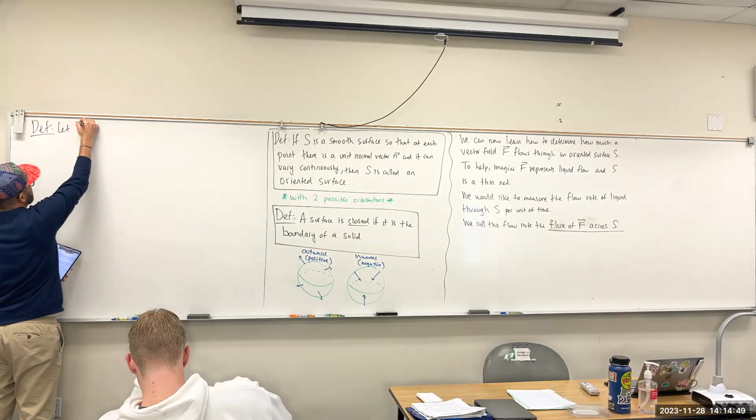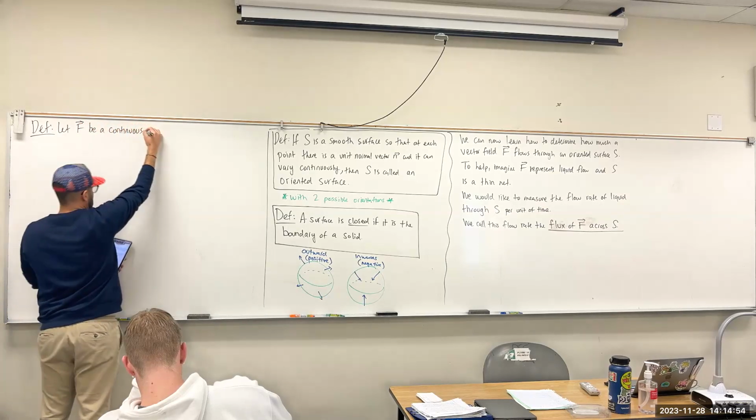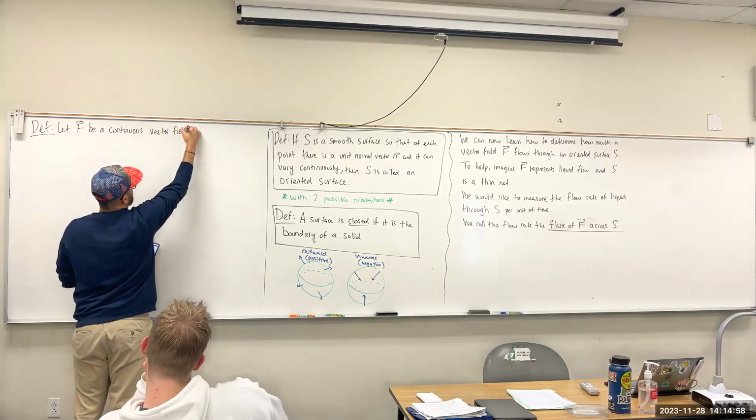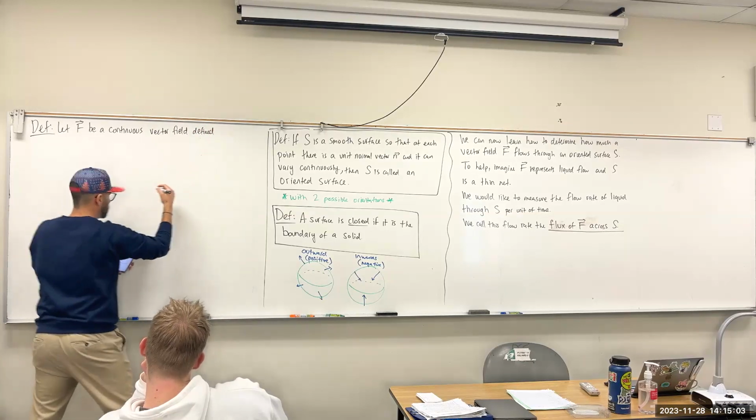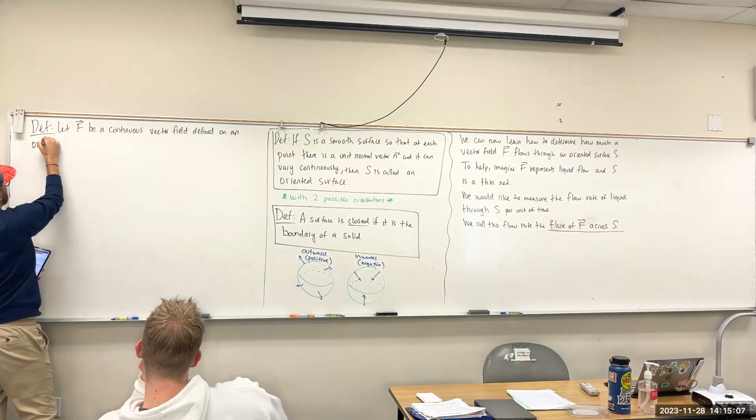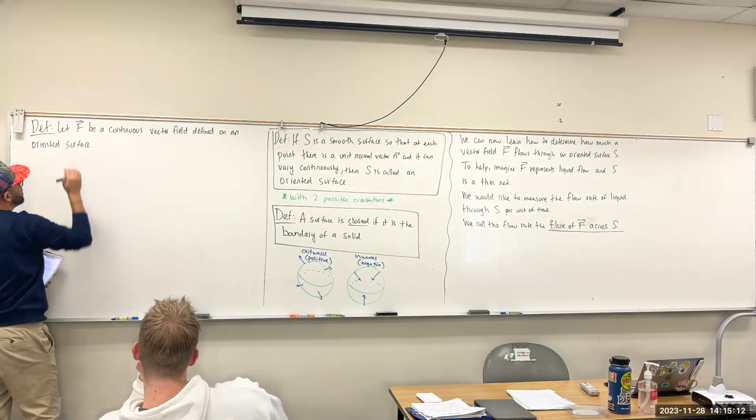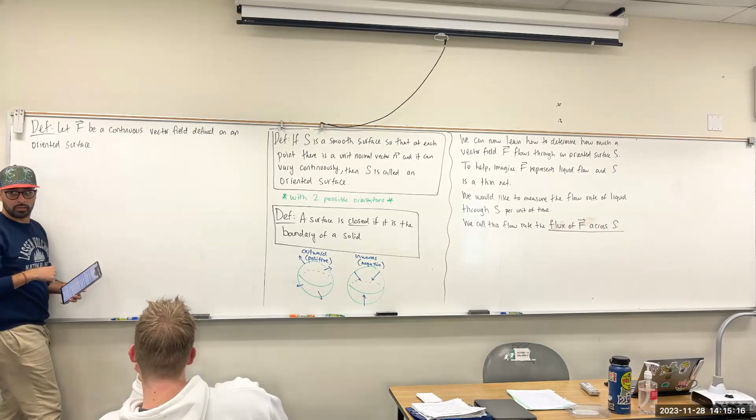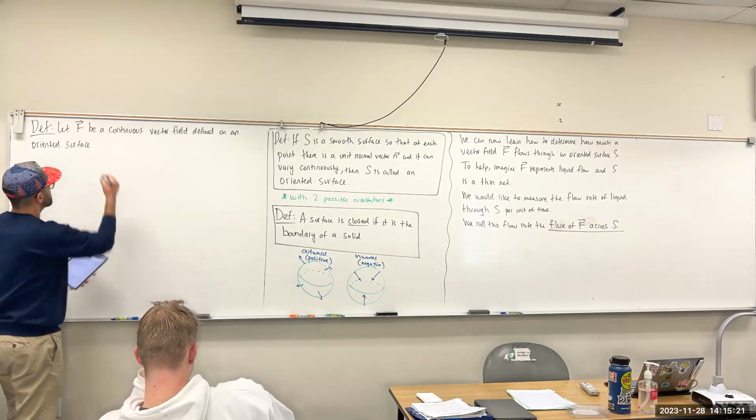We're going to say let F be a continuous vector field defined on an oriented surface. And what I mean by that is every point that lies on the surface, I can plug it into the vector field to give me a vector. That's what that means, okay? On an oriented surface S